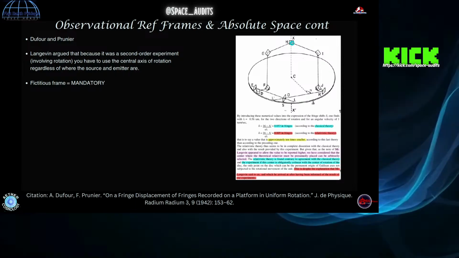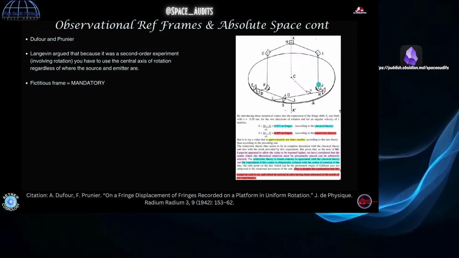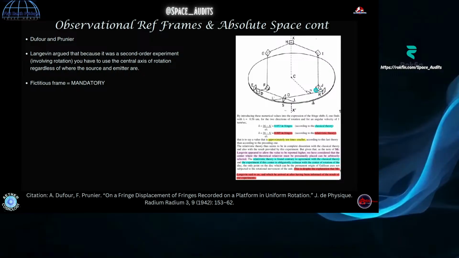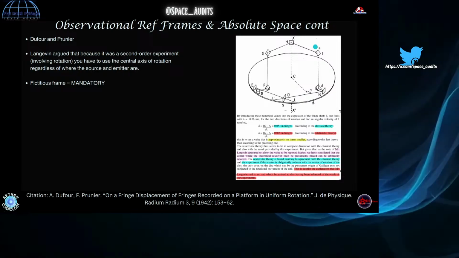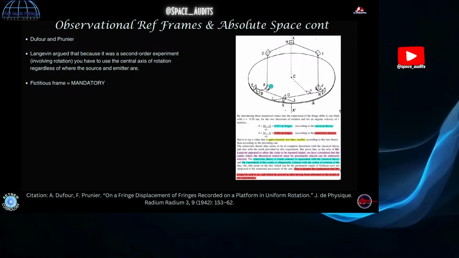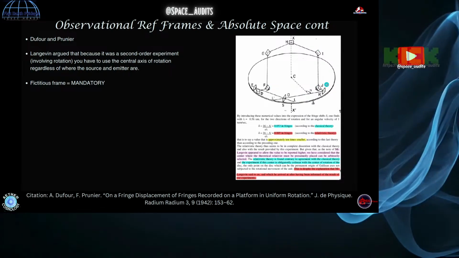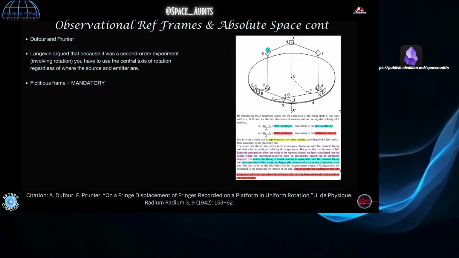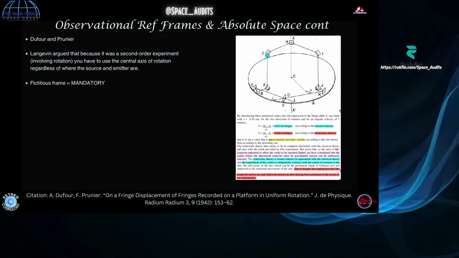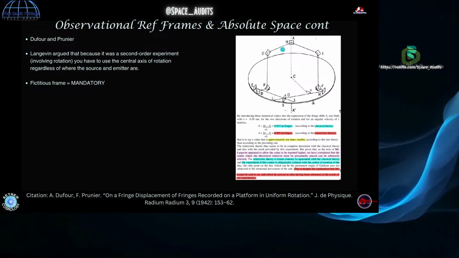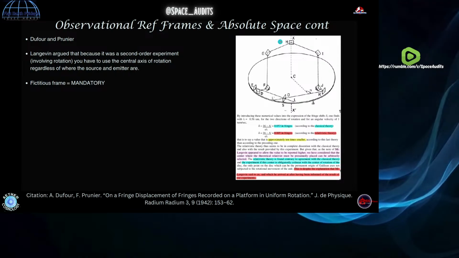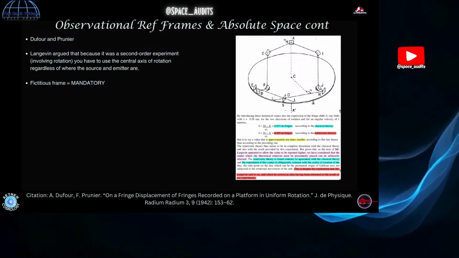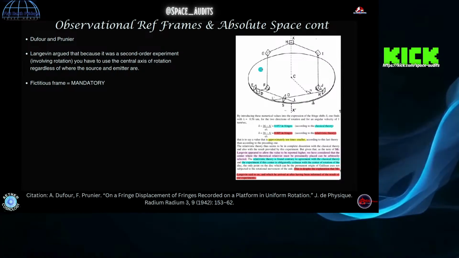That disc has 45-degree angled mirrors that go down to another disc that has 45-degree angled mirrors. Now, this bottom disc rotates out from underneath of the top disc. And after it completes its rotation, the 45-degree angled mirrors will align with the 45-degree angled mirrors up at the top, and the light beam will complete its circuit and go back to the lab wall where the source and the emitter are fixed. So not on the rotating platform.